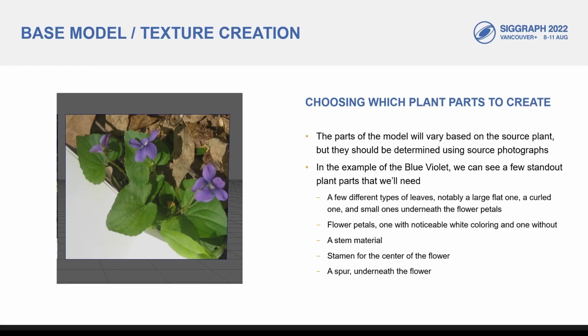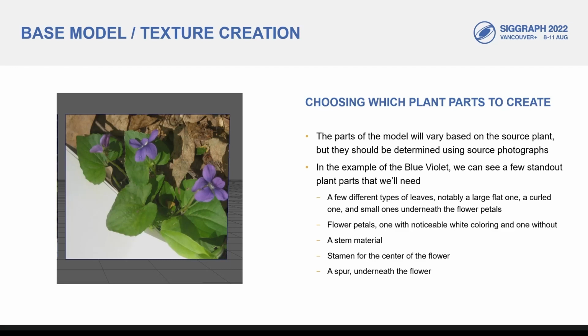There's also small ones coming out right behind and underneath the flower petals that we definitely wouldn't want to miss. There's, of course, the flower petals themselves. Some of them have noticeable white coloring going up into them. Some have a little bit less, so it'd probably be good to have both of those. Of course, we'd need a material for our stem, and also the stamen at the center of the flower is